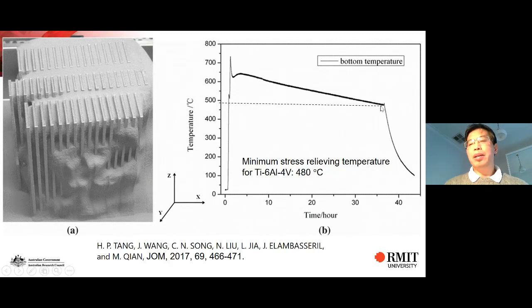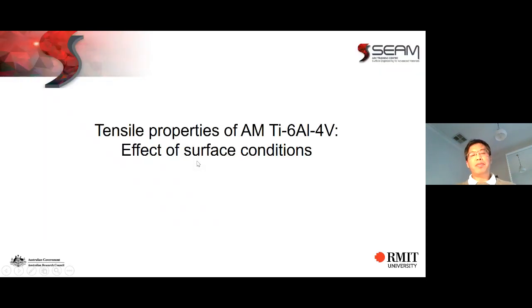This temperature was measured from the bottom of the build plate, and the actual temperature of the part is higher than this temperature. As you can see, over the 35 hours of additive manufacturing, the minimum temperature is about 480. That's above the minimum required stress relieving temperature for titanium 64. So in that regard, the residual stress should be pretty low. Managing by time, we first look at the